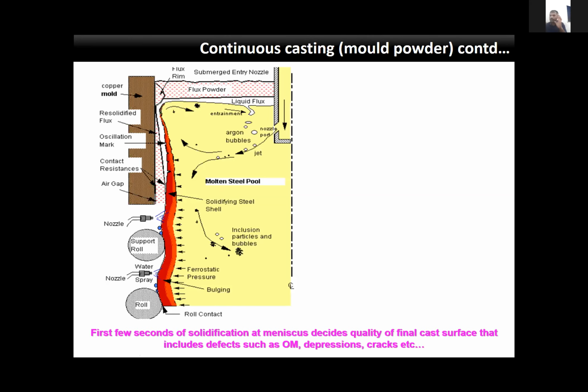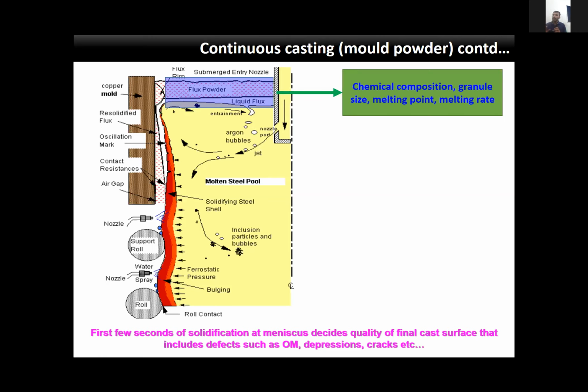So you have to protect your liquid steel, meaning the solid shell that is forming from the liquid steel, like a newborn baby at this stage, to ensure the quality of the billet, which relies on controlling the parameters of continuous casting in the mold region. It is very, very essential. If you miss anything out here, then your product will be a defective piece. You will end up with some sort of cracks: internal cracks, surface cracks, longitudinal cracks or transverse cracks, whatnot. Okay? So here, the mold powder plays a very important role.